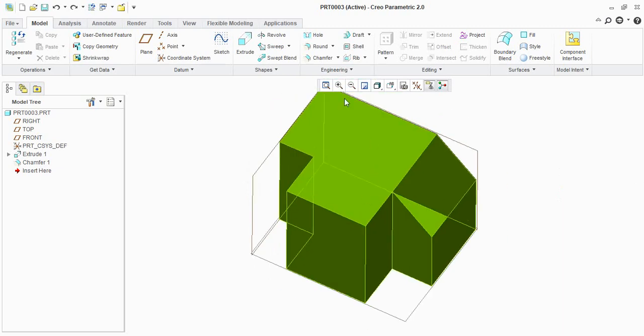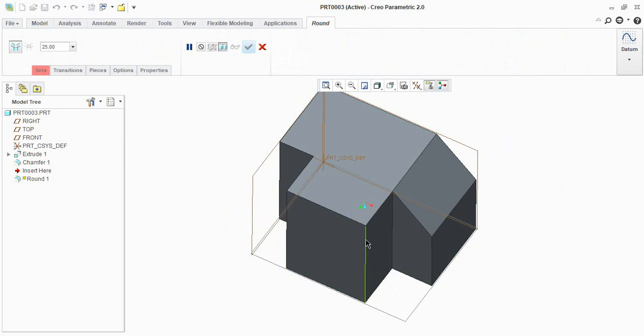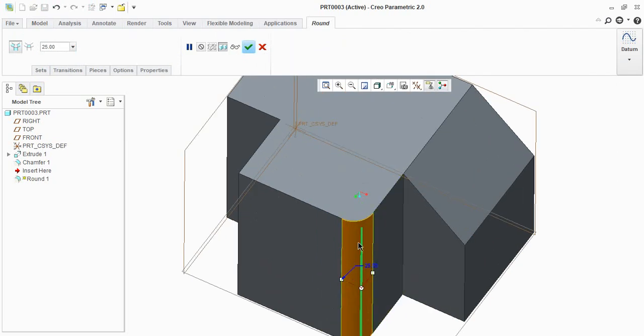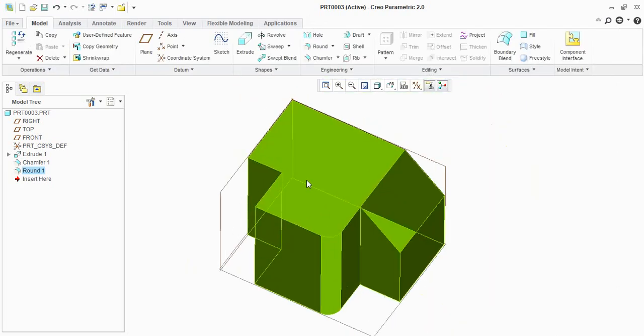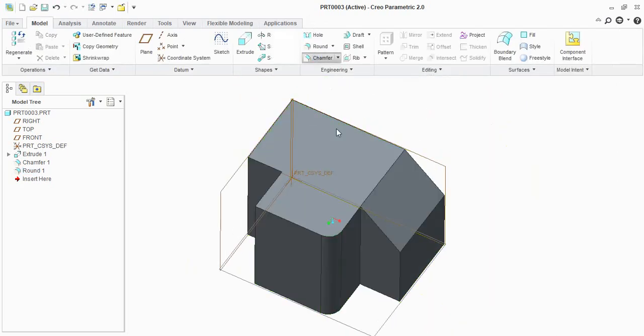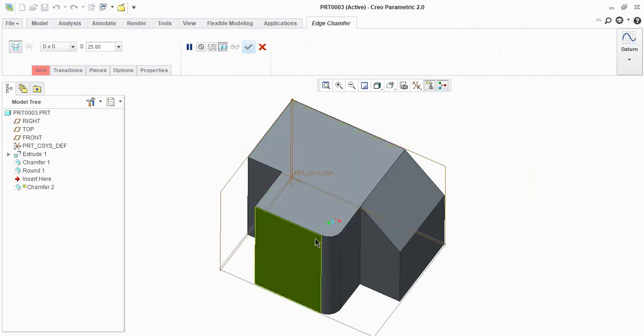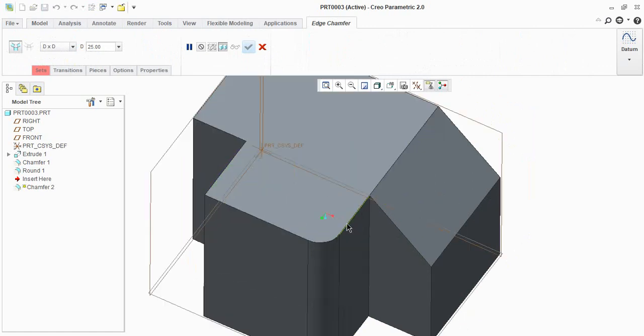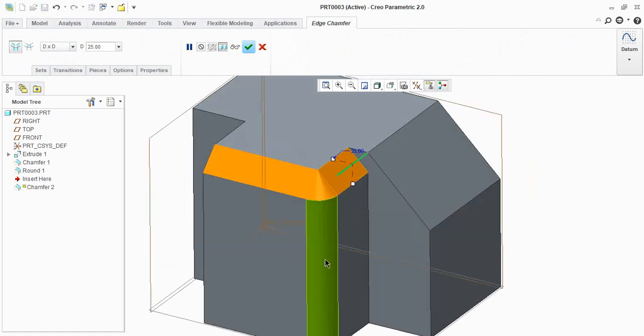So here, one more thing. For example, I am creating a round here. I've created a simple round here. So again, when I'm entering into chamfer, I need to chamfer these edges. If you select a single corner edge, the system will automatically take both edges. Why? Because here we have the round option.